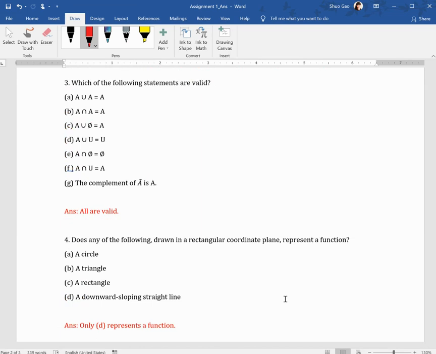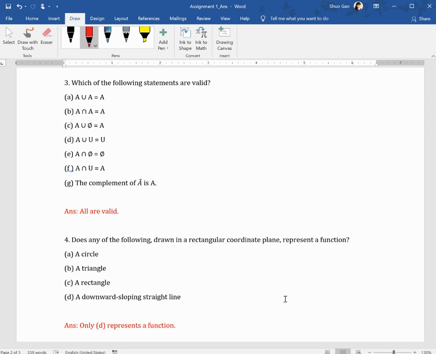So number 1, A is any kind of set, right? Just a general notation. So A is any kind of set, whether it's empty or not empty. It doesn't matter. It's a set A, right? A union A equals A, right? This is valid because,